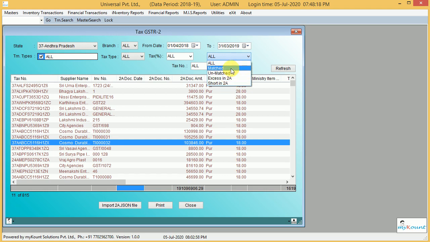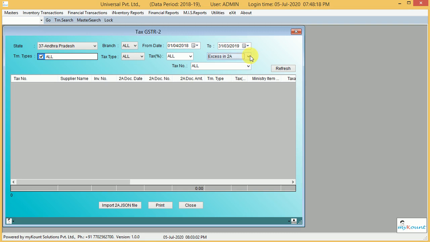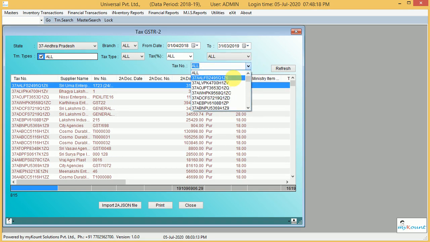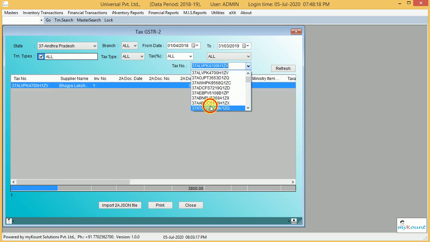So by selecting these four, we can get the data here clearly so that we can edit our bills and inform the supplier for the corrections. For a specific tax ID, we will select it here so that we can see the specific supplier.